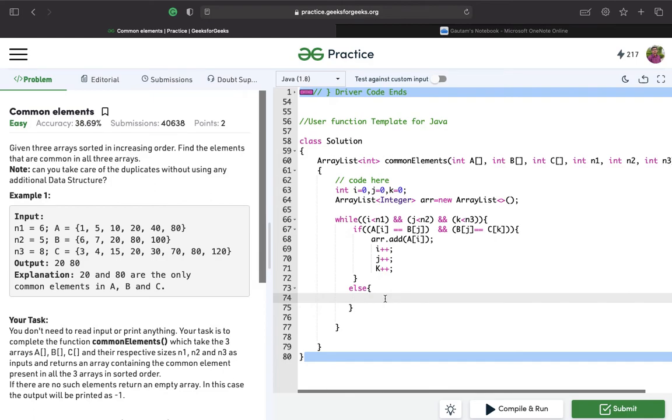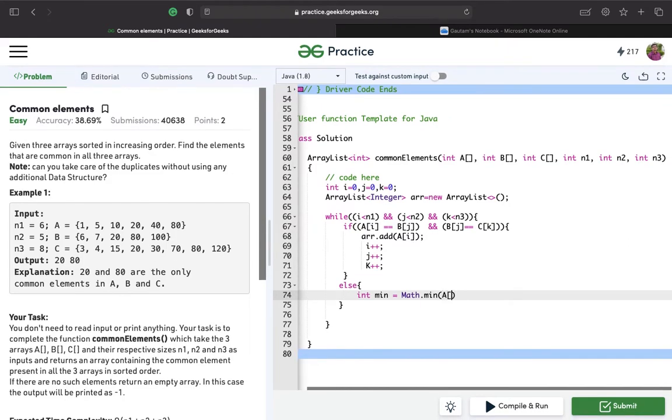So else, we'll find the minimum. To find the minimum, we'll use Math.min: Math.min of a of i, Math.min of b of j comma c of k.